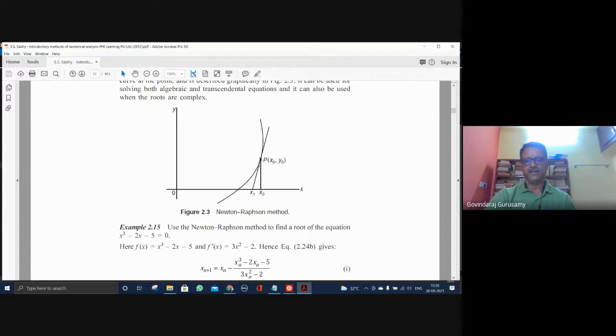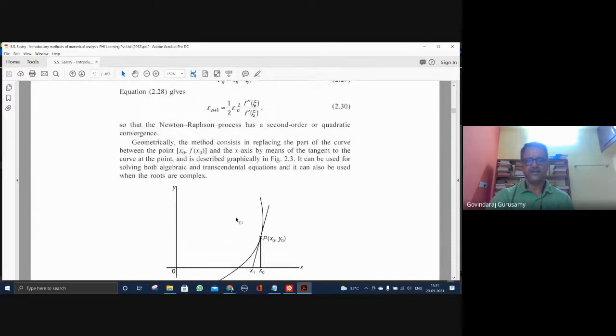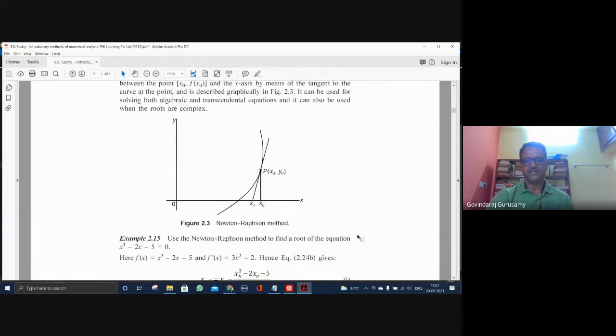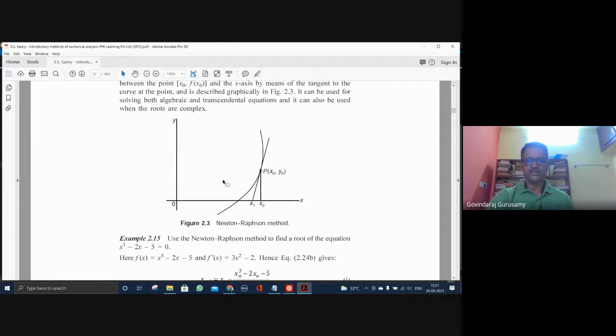Okay. But starting from x0, x1, push, then take the tangent and into this. See, look at the methods, almost similar one by one. If you look carefully, similar ideas are there, but the only thing is the way in which we are going to implement it. Some of them will take longer time, some of them will take a lesser time. Therefore, it would be nice to see all of them carefully and then try to see which one has an advantage compared to the other. There will be some advantages, there will be some disadvantages. All sorts of things that are happening with these equations. So this is the